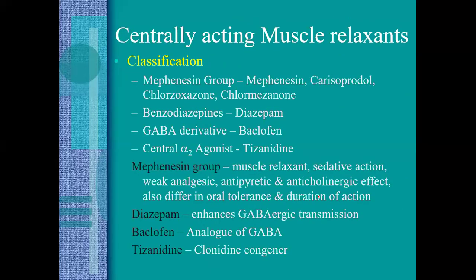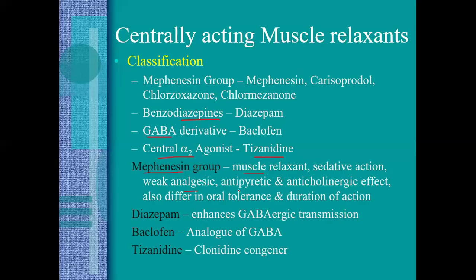Talking about the centrally acting muscle relaxants that act on the cerebrospinal axis, these drugs are used for painful muscle spasm or spastic conditions. We have the mephenesin group, which includes mephenesin, carisoprodol, chlorzoxazone, chlormezanone, benzodiazepines such as diazepam, GABA derivatives such as baclofen, and central alpha-2 agonists such as tizanidine. The mephenesin group is a muscle relaxant, has a sedative action,